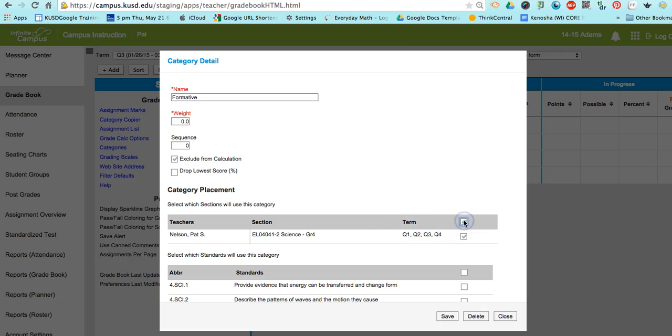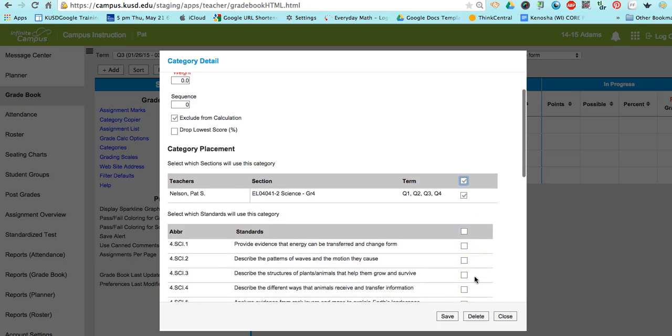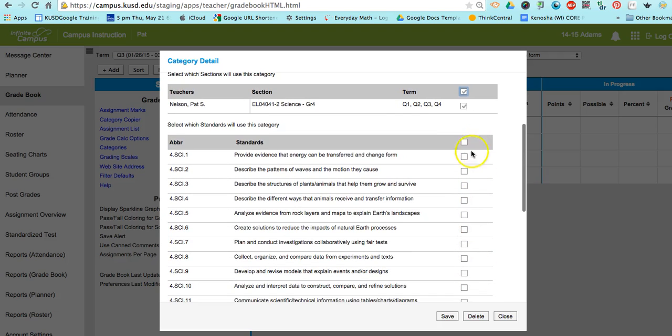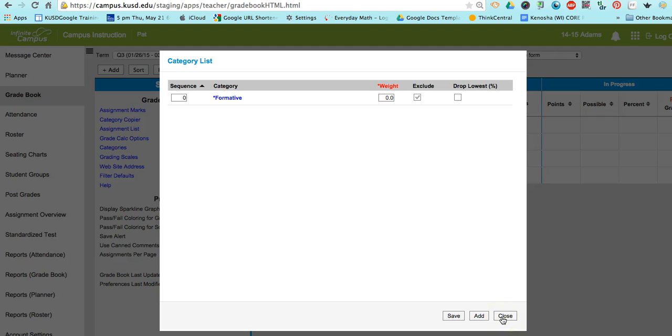So check the terms, and then below the term box, if you scroll down, you'll notice that all the science standard statements are listed there. So if we click this top box, everything below it will be included. I'm going to save that and then go ahead and